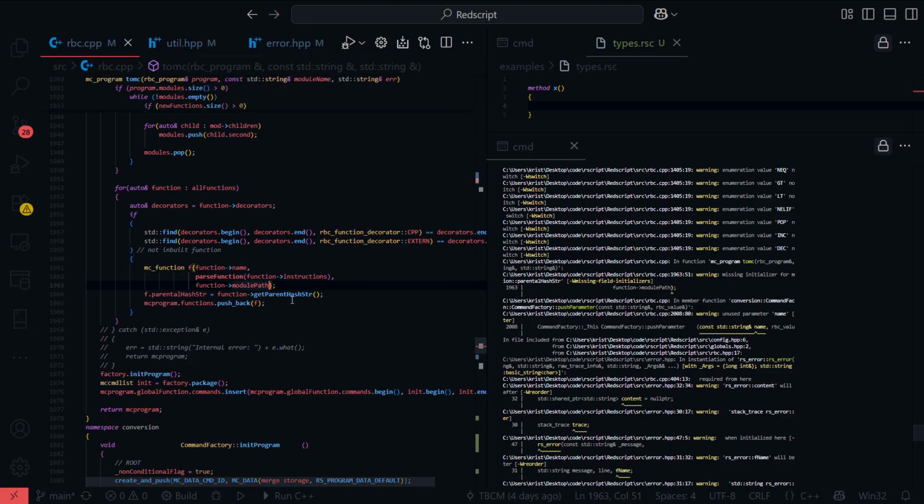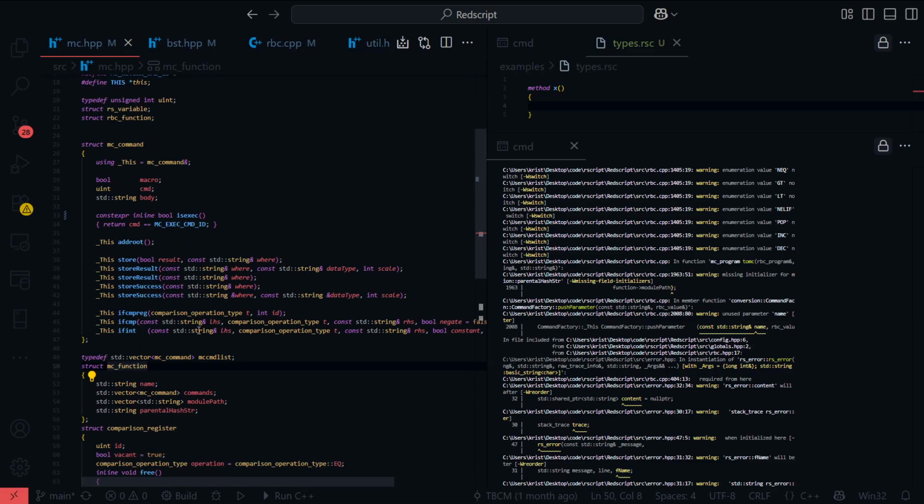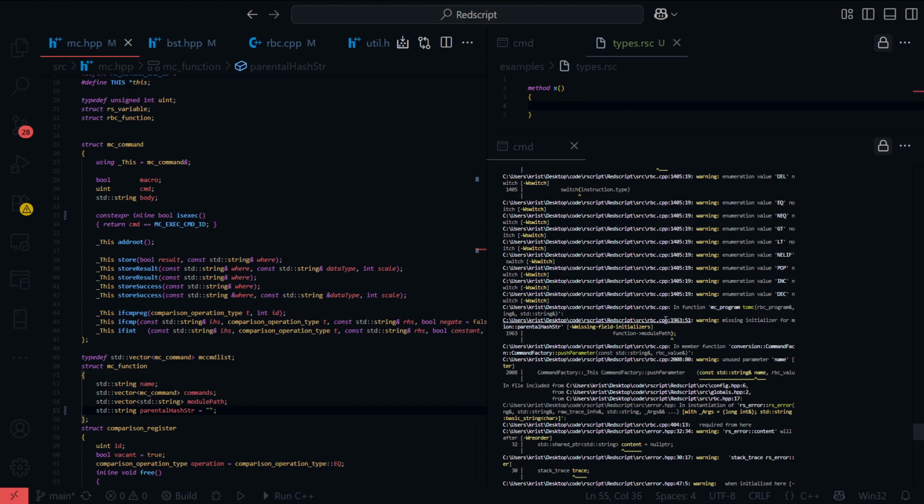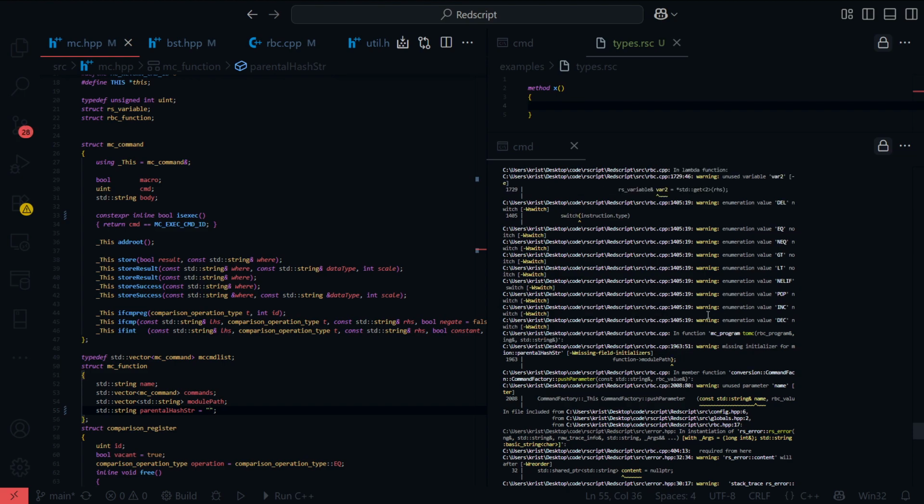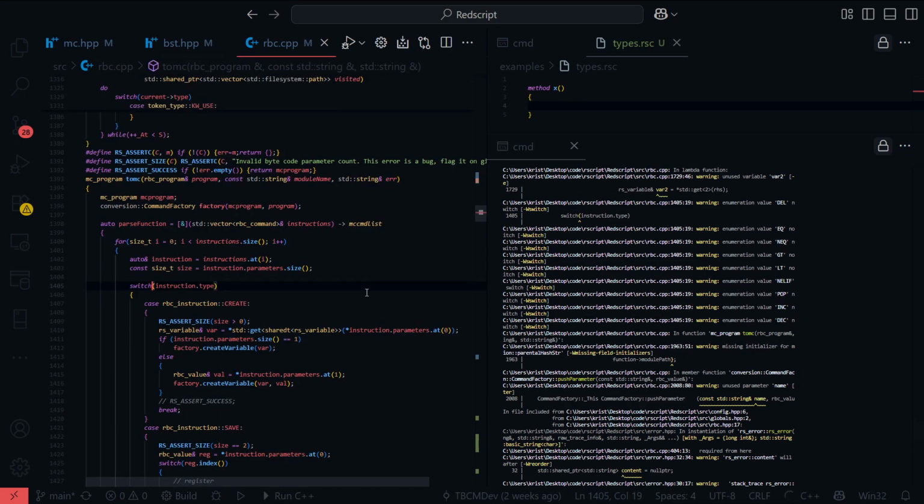Missing initializer for parental hash string. Just do that, I guess, because I know this won't be defined for a lot of stuff. Enumeration value.